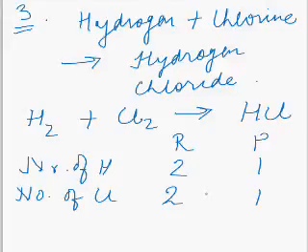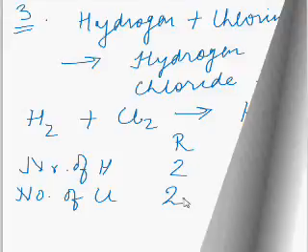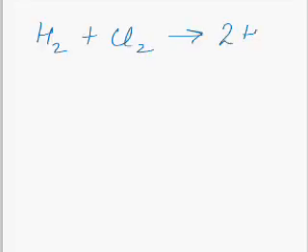So what we will do next is to have 2 hydrogen atoms and 2 chlorine atoms on the right side. We have to multiply HCl, that is hydrochloric acid, by 2. So our chemical equation will now become H2 plus Cl2, it will give twice HCl. So this is a balanced chemical equation because it contains an equal number of hydrogen atoms and chlorine atoms in